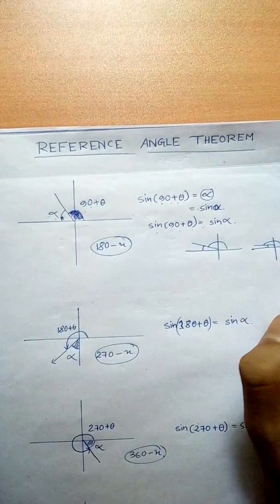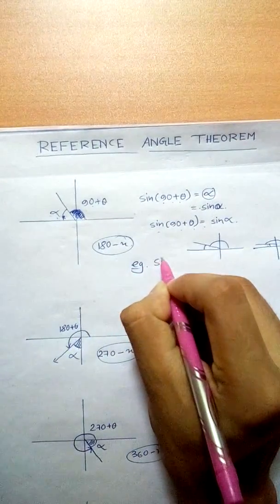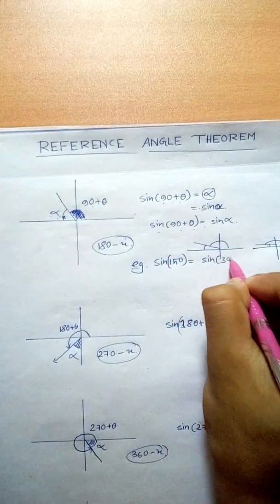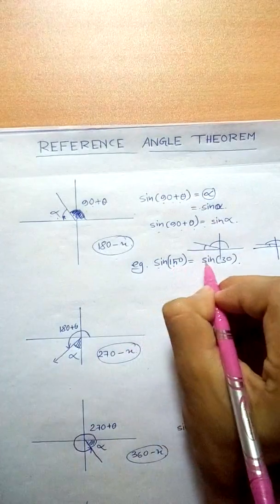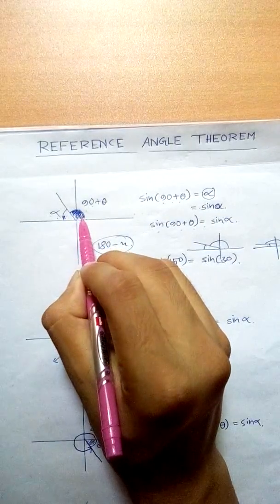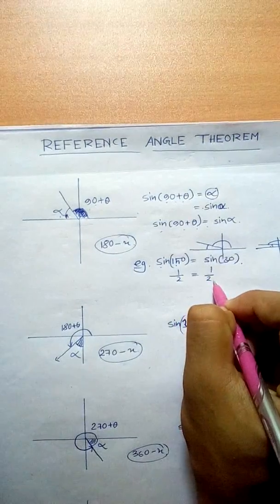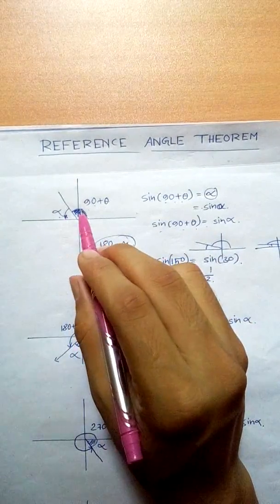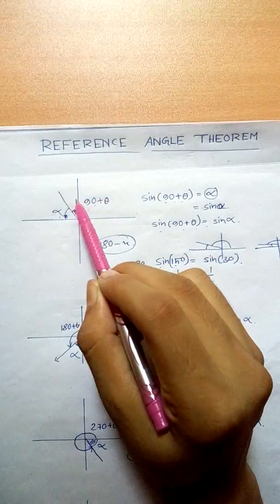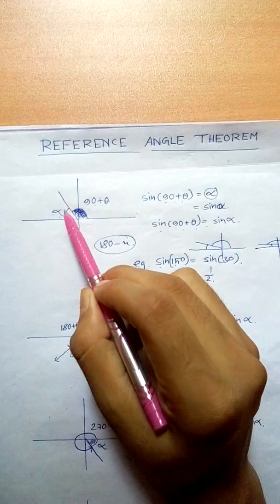Okay, so I will give you an example: sine of 150 is equal to sine of 30. Sine 150 equal to sine of 30 means this is 150, this is 150, this is 30, and this is also half and this is also half, meaning these two angles are supplementary. Any trigonometric function having this value will have the same value as the same trigonometric function with this value. Okay,